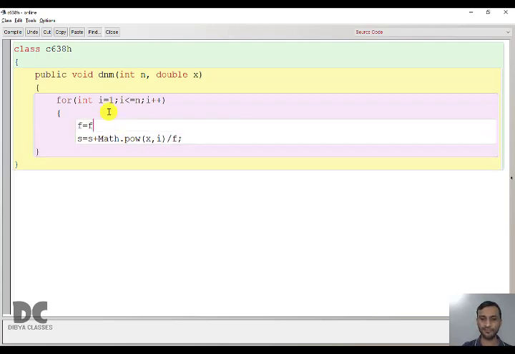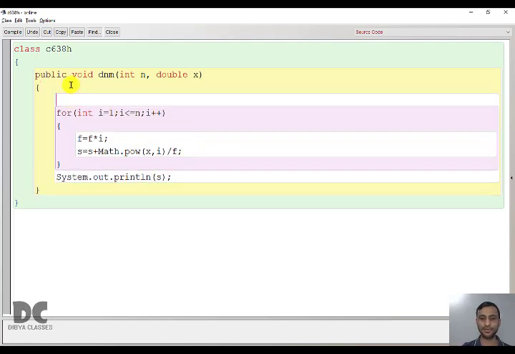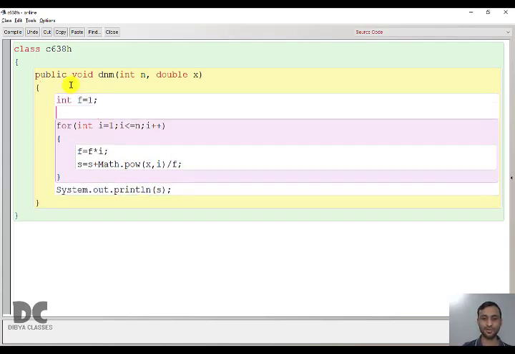Let it be f. So in f we are creating 1 factorial, 2 factorial, 3 factorial, and we are dividing it and finding the sum in the variable s. And finally, when the loop is complete, we are going to print the final value. Let us declare the new variables f equal to 1 and double s equal to 0.0. Let us run this.